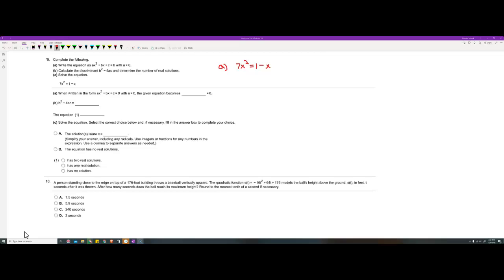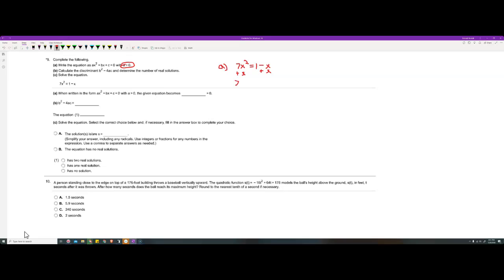It says you want a to be greater than 0. So this is my a, the 7. I don't want to move the 7x squared over to the right side because then that would be negative, and this is saying leave it positive. So we're going to leave that there, and we're going to move the other two terms over to the left side. So add x,